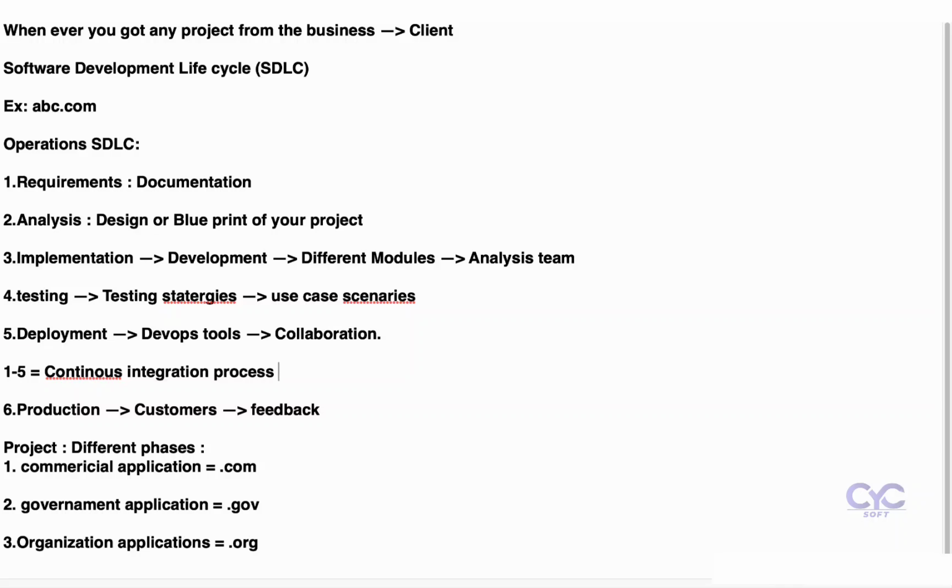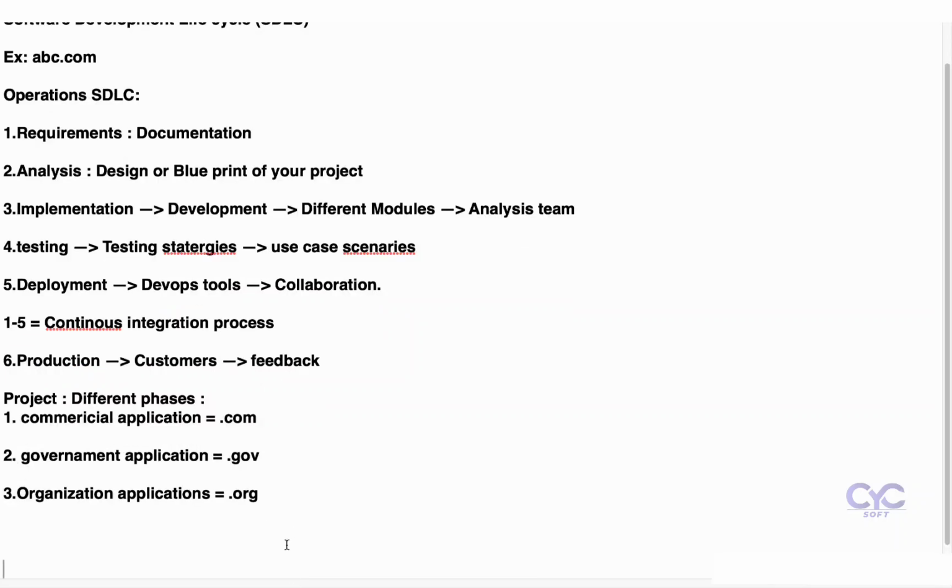So as DevOps, you're working on deployment. You are not working with the source code, you're not working with requirements, you're not working with analysis, you're not working with the testing team. Whatever requirements come from 1 to 4, we are trying to deploy. Once it is verified from 1 to 4, we move with the DevOps tools, that is the collaboration process. So the main achievement of DevOps, the DevOps goal,